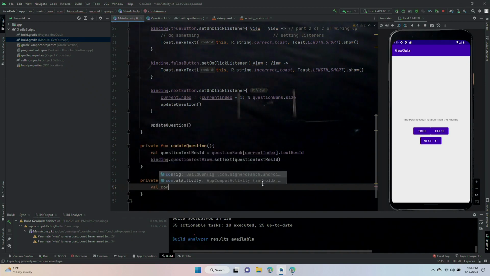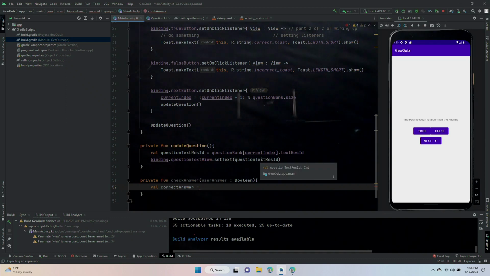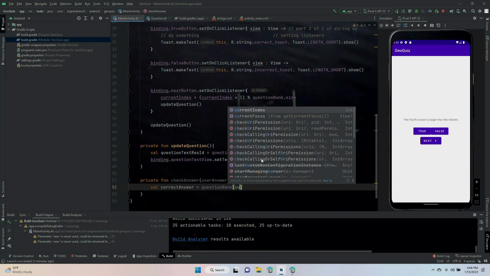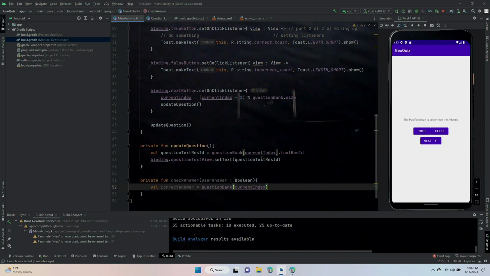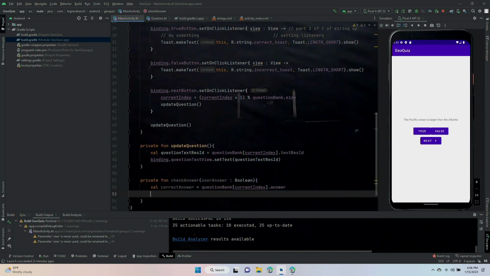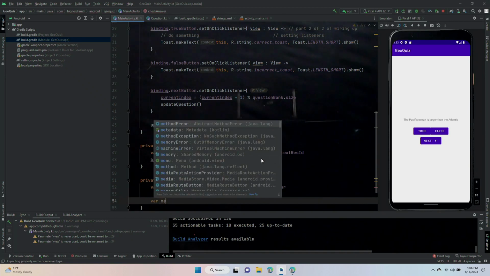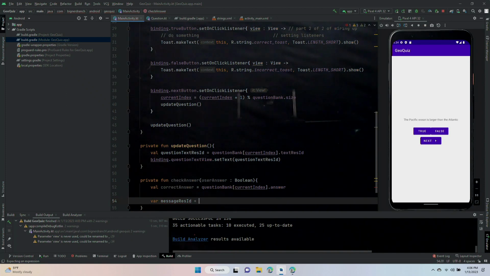Then we are going to say, let's see, val correctAnswer is equal to, and we need to get that correct answer from the question. So we're going to go questionBank at currentIndex dot, and then the answer property. Okay. Then we are going to have a variable messageResId, and that is going to be equal to,